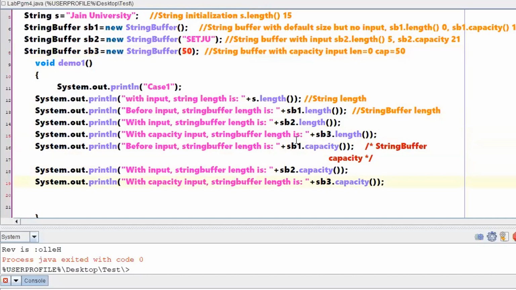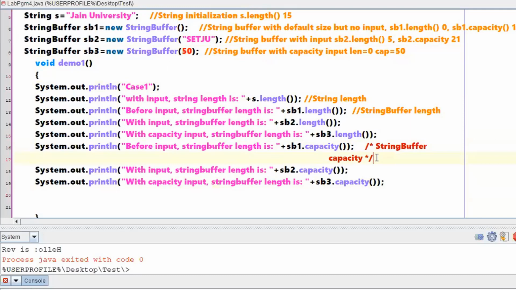I told you capacity is only with respect to a StringBuffer, not with respect to String. You already answered all those things, just written in the format of println statements. Any doubts with any of these System.out.println statements?